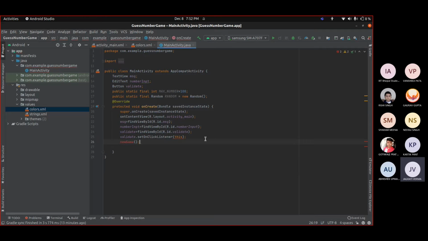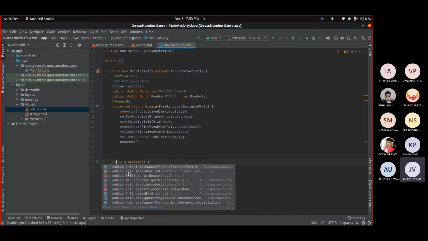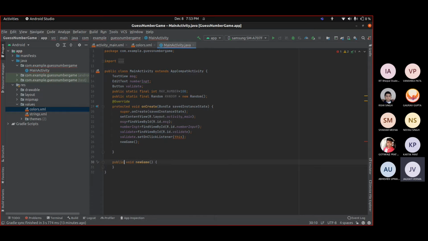Okay, this is the function we are going to create. Okay, instead of private function, let us type here it as public. And also type here on click.